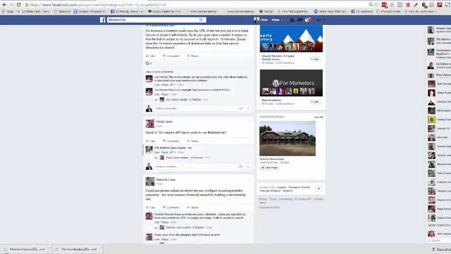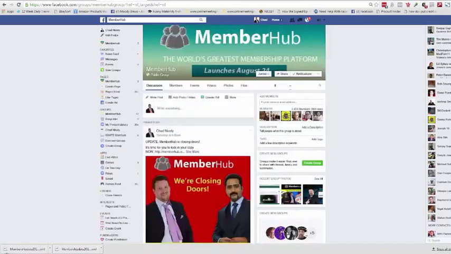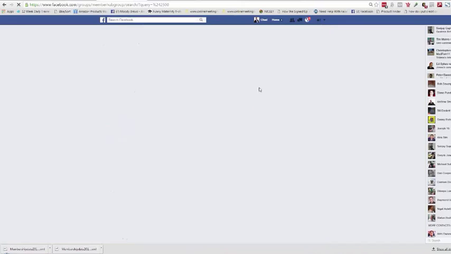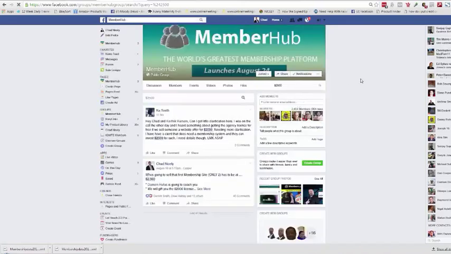The other thing I wanted to show you really quick is if I come over here and I do a search for 2,500, here's what I want you to understand, okay? In addition to the pro version, we have what's called the agency license, which is the developer license. This sells for $2,000. I'm going to explain why in just a minute. But with the agency license, you have one dashboard. You add all your clients to that dashboard, and then with a click of a mouse, you're able to access your clients' dashboards. Each one of your clients has individual integrations, and in addition to that, your clients are on the pro level.